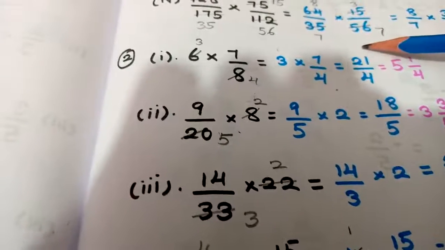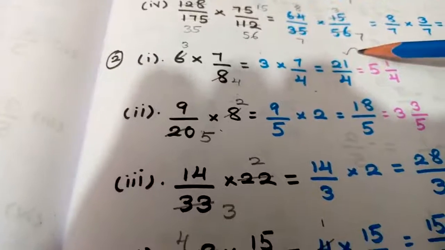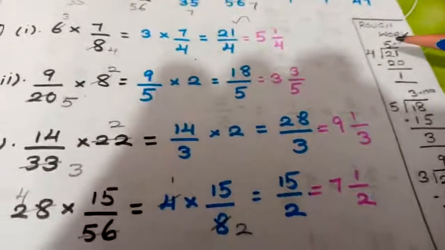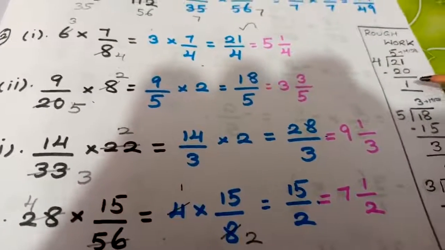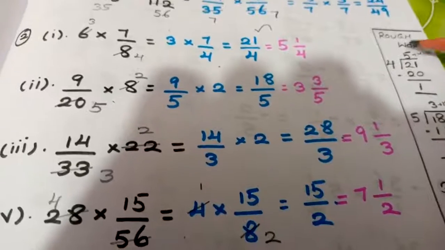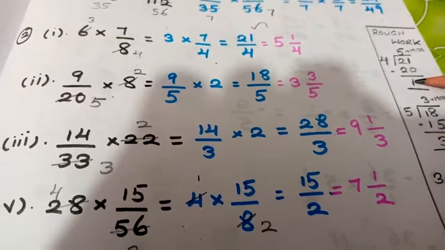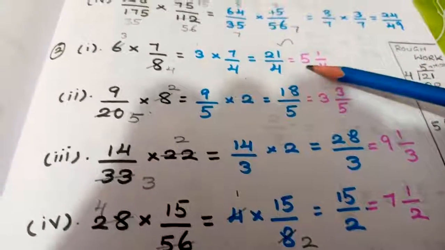Even if you stop your fraction in this way, no problem. But in your book, they have given you in the form of mixed fraction. So what you are going to do is, you are going to use the division method. 21 by 4, normal division. After dividing, you will be getting the remainder 1. So write this quotient in the middle part and the remainder at the top, as the numerator, and the denominator part will be as it is. 5 1 by 4.